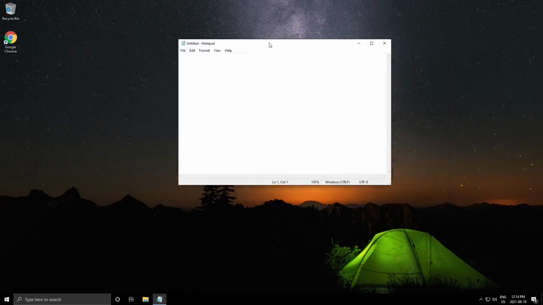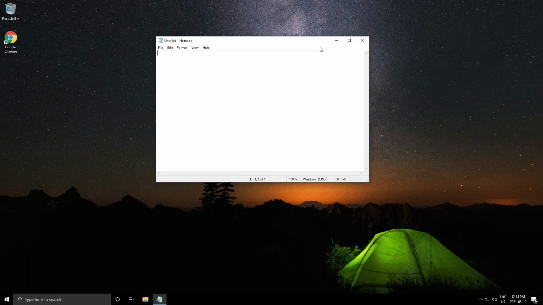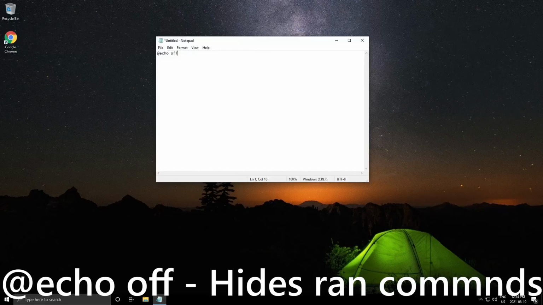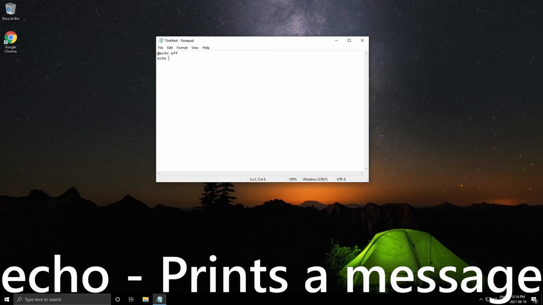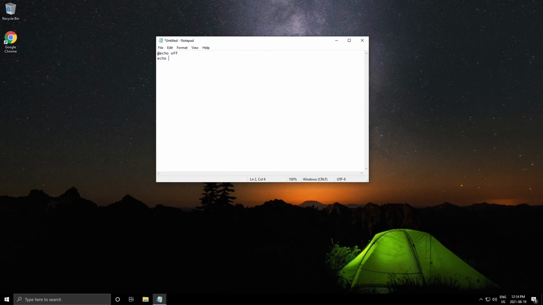Okay, this might not seem like much, but even if you're a beginner, this will be very simple. We want to start by typing @echo off. This will make sure that when a command is run, it's not gonna show what command was actually run, right? Because we don't want that. Now this is weird, but sort of funny. Right after, we want to type in echo. Echo is how you type in a message. So for example, I'm gonna do this for this little prank,